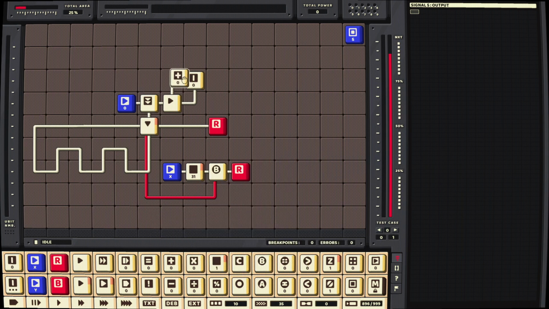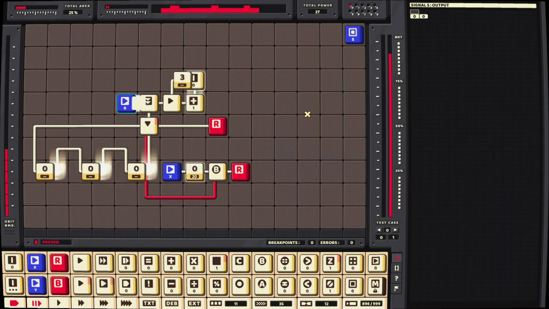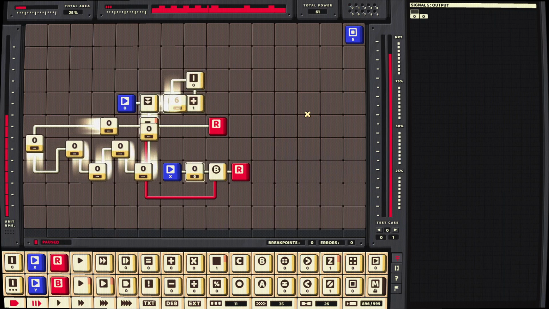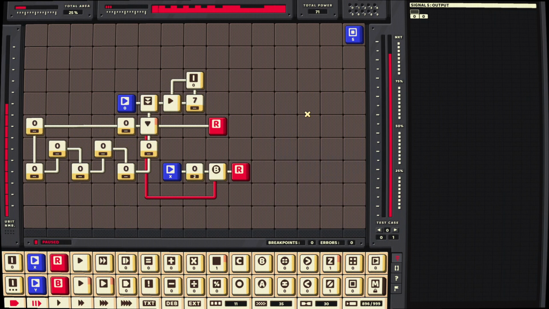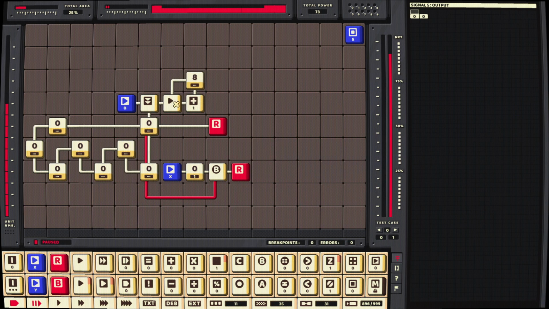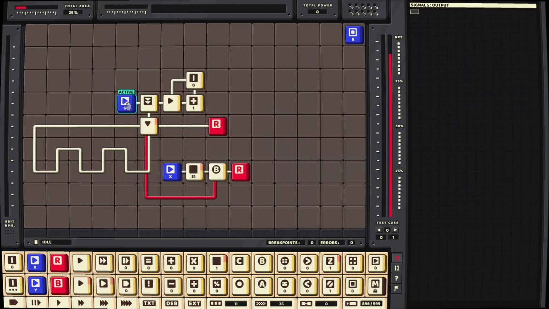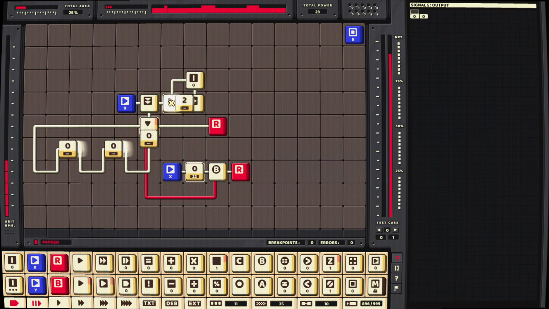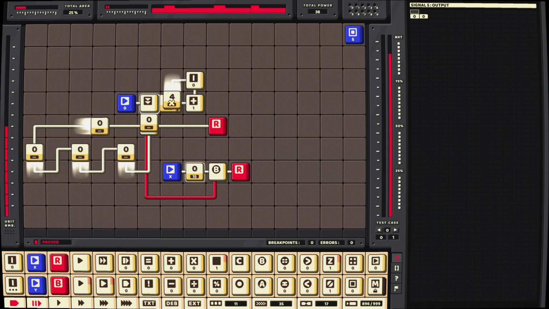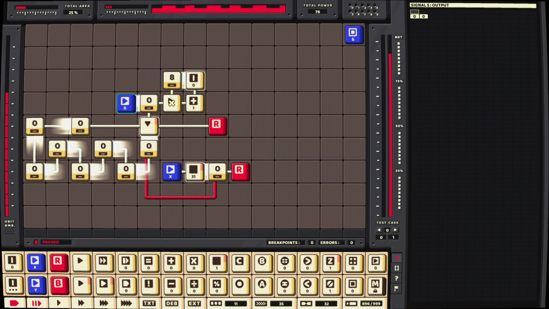Can we have a +1 here to just check how many cycles it's gone through? So 1 cycle, 2 cycles, 3 cycles, 4 cycles, 5, 6, 7, 8. It gets released on the 8th entryway. Now, if you remember what this did, this basically gets added 8 times. Let's actually see how many times it gets added in. It gets 1 value, 2 values, 3 values, 4 values, 5, 6, 7, 8 values. It gets its 9th value